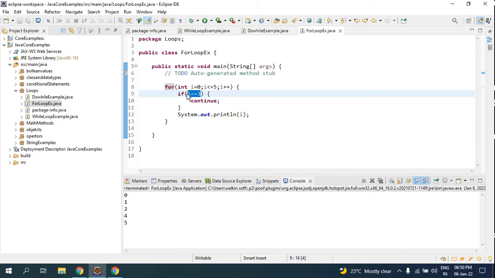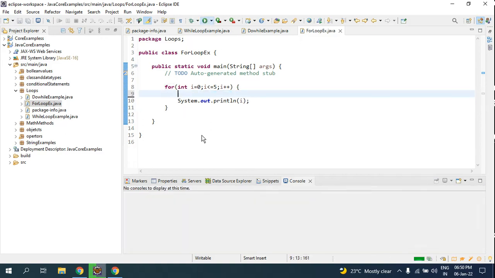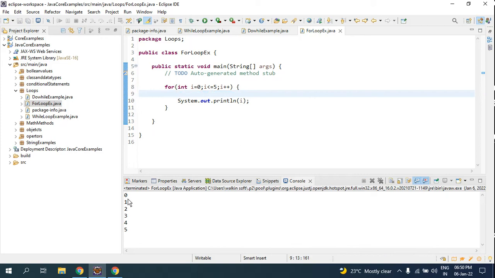And if you want to stop exactly at 3, you have to make it break, so that 4 5 will not be printed out. Look here, 0 1 2. So this is how the loop works. As I said, in your basket you have fruits and vegetables. If you want to pull out everything, this is the for loop syntax. It pulls out everything, 0 1 2 3 4 5. So these three fruits, these 2 vegetables, and this plastic container will all be pulled out.